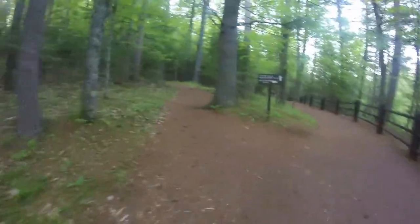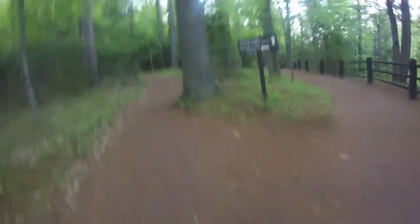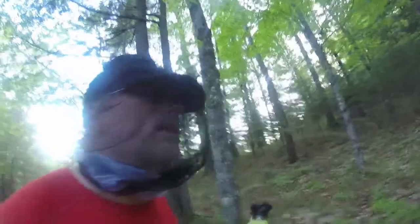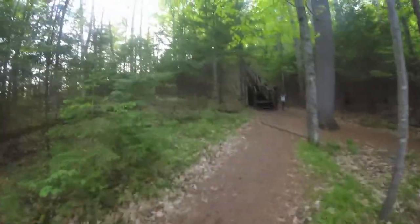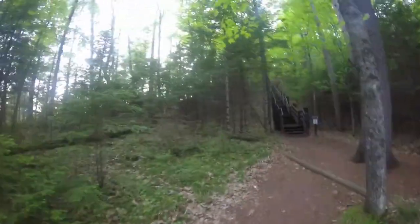We're gonna have maybe, as far as steps, I remember there's lots of steps on this one. So I think it's gonna be another 200 or so steps to get up there. And here is the steps that I was talking about. All right, I'm at the top. There's 160 steps